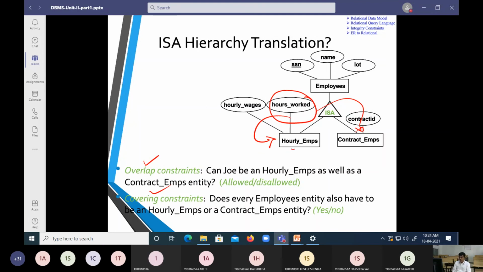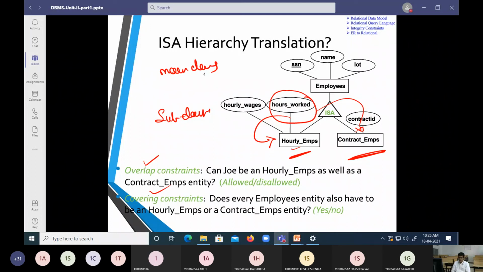So a contract employee, he worked for these many hours and he leaves, and he is not going to be a permanent employee. But if I call him a permanent employee, he is also paid salary, he is also paid wages, but on an hourly basis. So the hourly basis equation can be used with hourly employees and it can be used with a contract employee. We call these subclasses here, and this is the main class.